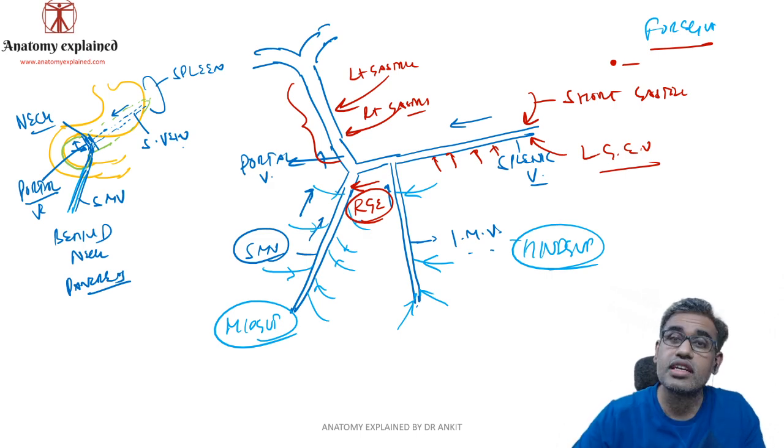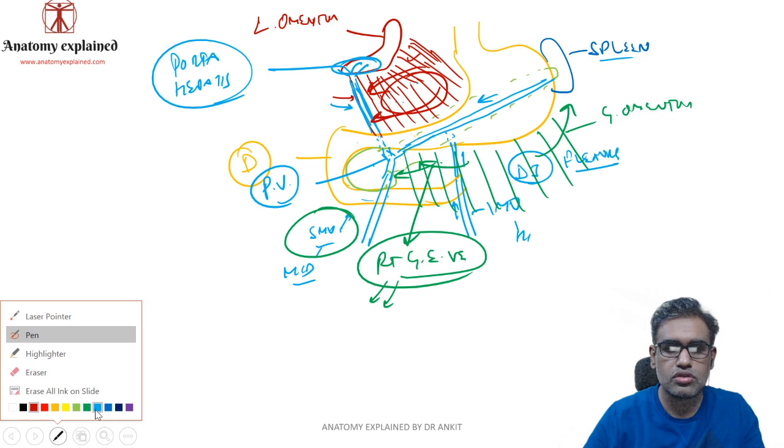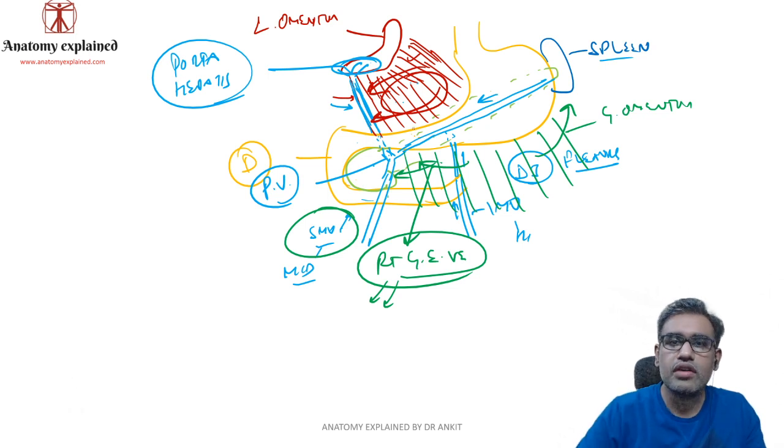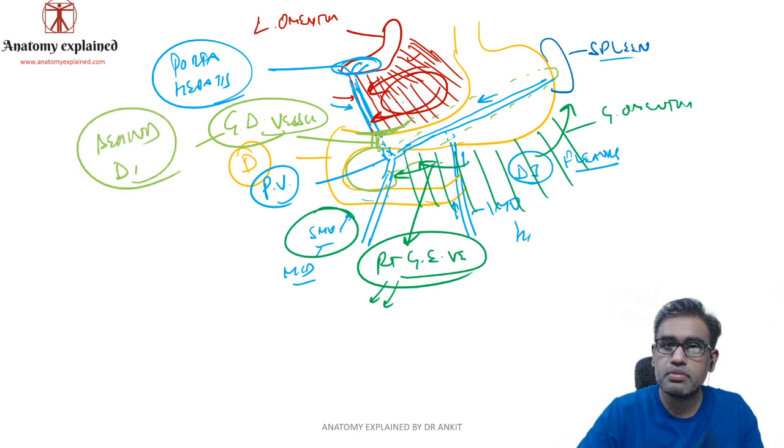Now, there is also the gastroduodenal vessel, so the gastroduodenal vein. If you recall the celiac trunk branches, let us take another color, this greenish color. If you remember, this was the common hepatic artery. This common hepatic artery gave off the gastroduodenal artery behind. So the gastroduodenal artery was lying where? It was lying behind the first part of the duodenum. Therefore the vein should also be behind the first part of the duodenum.